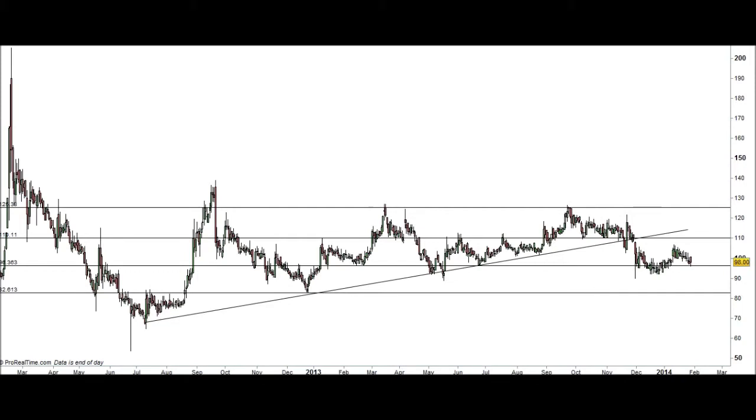Okay, so this is not an obvious setup. The trend has pretty much been consolidating sideways, but we have identified an ascending buy line, which has pretty much contained the price, pushing it upwards. But it's not a steep line, so it has really been consolidating sideways, but mainly upwards. When we breach that line, it's not necessarily the start of a downtrend. It just means that particular trend is now over. It is a warning sign, it is a little red flag, but it's not to guarantee that this share price